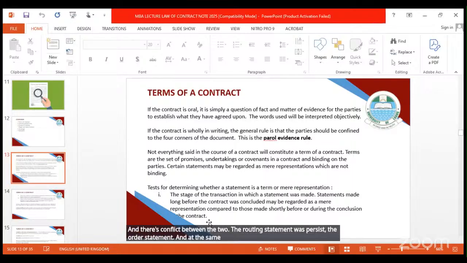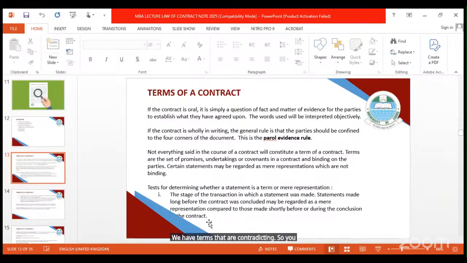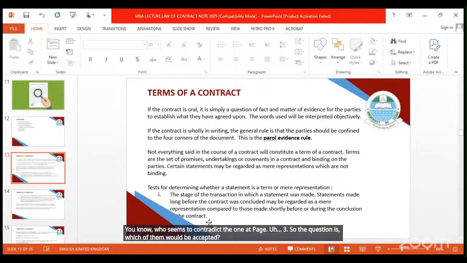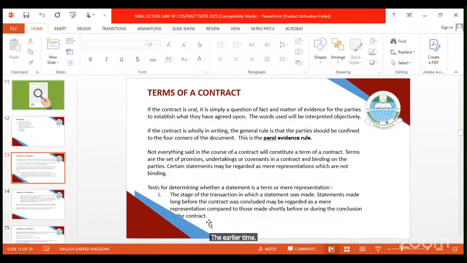And at the same time, the document itself may have terms that are contradicting. So assuming the contract at page 1 or page 3 has a statement, and then at page 25 there's another statement which seems to contradict the one at page 3. So the question is, which of them will be accepted? Is it the earlier term or the subsequent one on page 25? All of those things are usually taken into account. And of course, by the rule, it is the subsequent one that supersedes the earlier one,